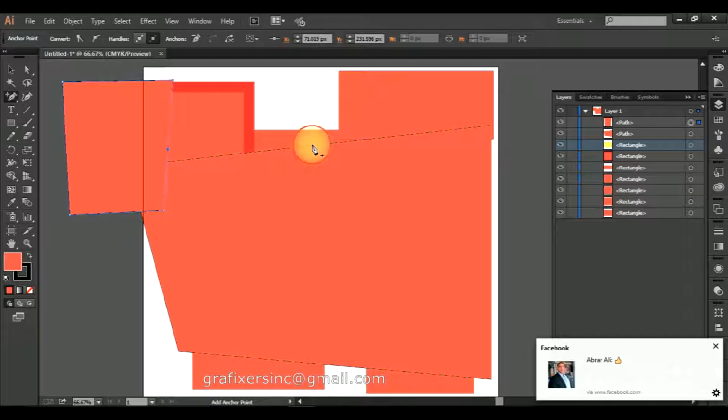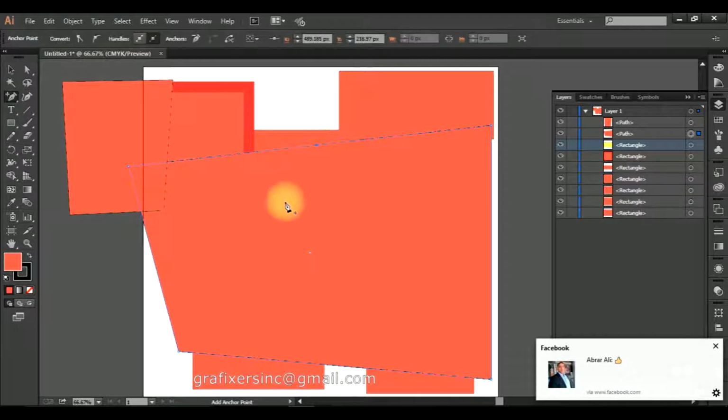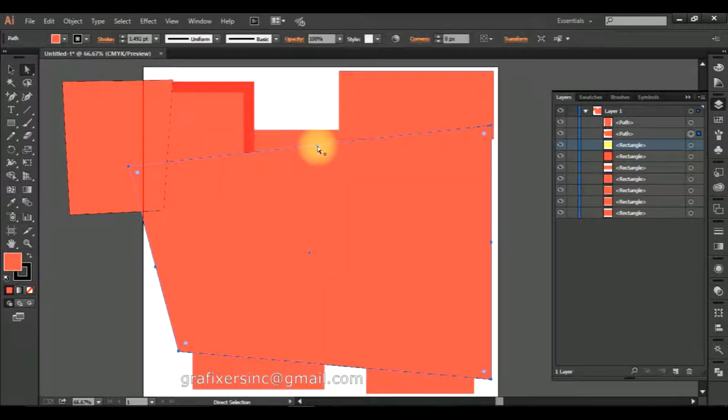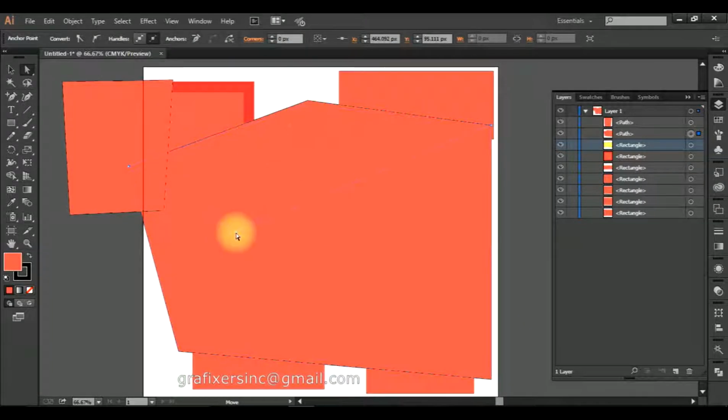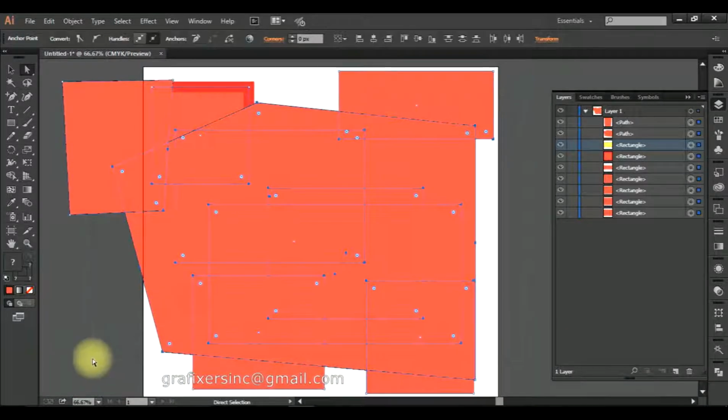Same we can do with these rectangles. We can just click on this add anchor point tool and make some more anchor points on the rectangle, and then we can select the direct selection tool and change the position of the anchor points to anywhere. This is how the rectangle tool works. So if we delete all these